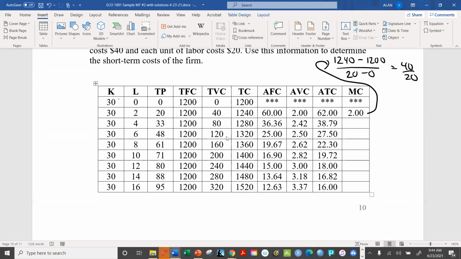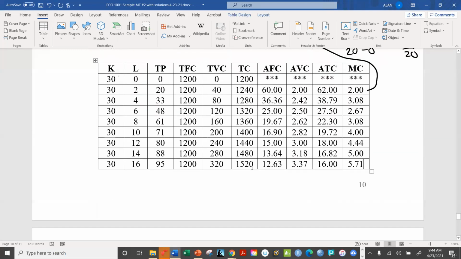All right, so the average fixed cost, I might as well throw this in here. Well, actually, you have the formulas below, so I guess I don't need this one. All right, so let me just quickly finish the rest of them. 308, 267, 308, 4.44, 5, and 571. Okay, so that nightmare is over, but the most important thing is to make sure you can reproduce